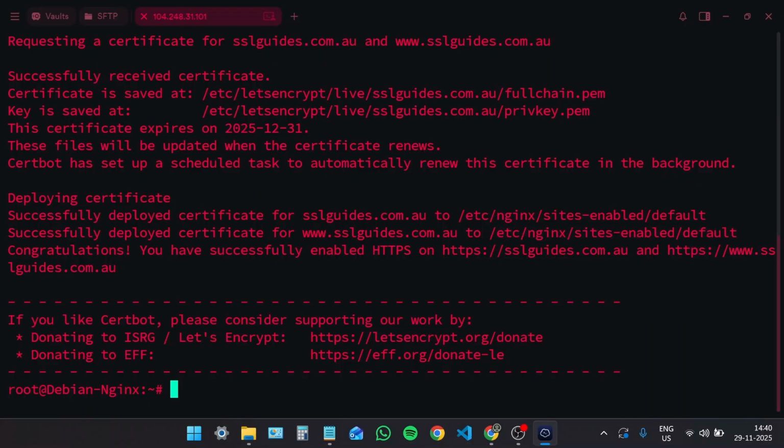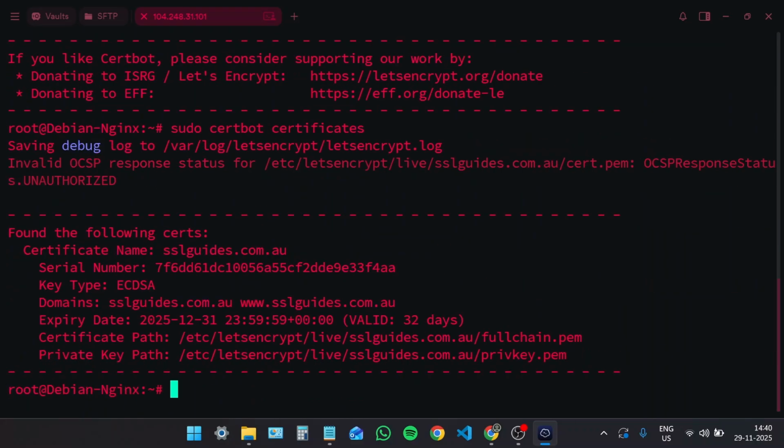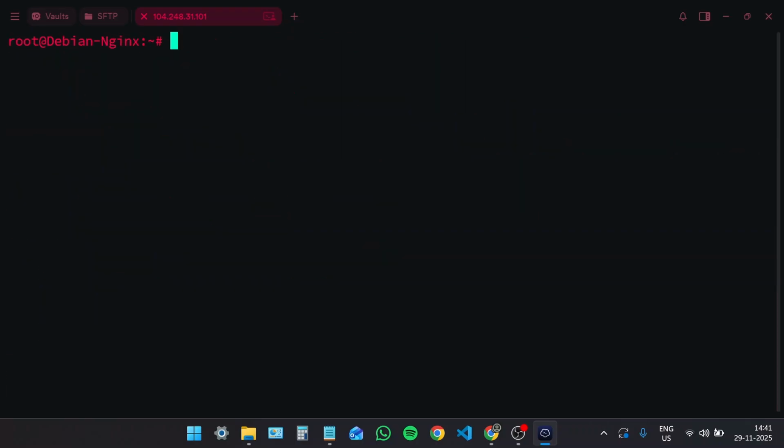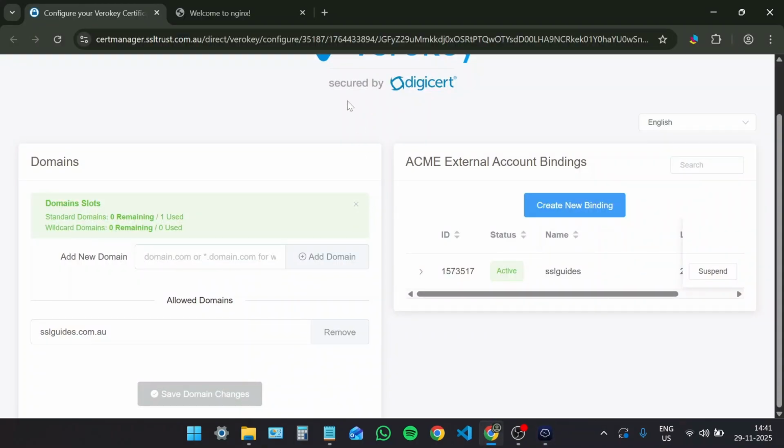So we can check the status by sudo certbot certificates. This will show your active SSL certificates with the domains, expiry date, and the paths for the certificate and the private key. So to clear this up, we can check the installation